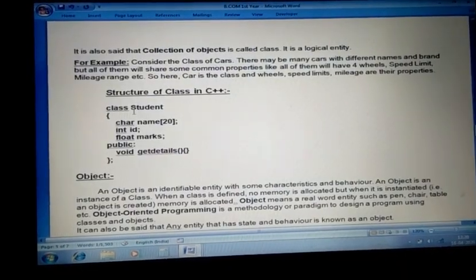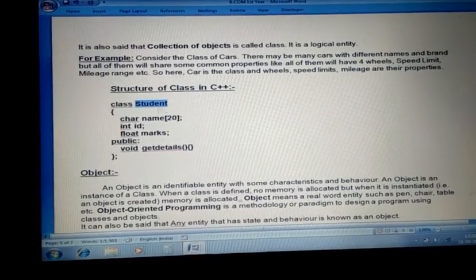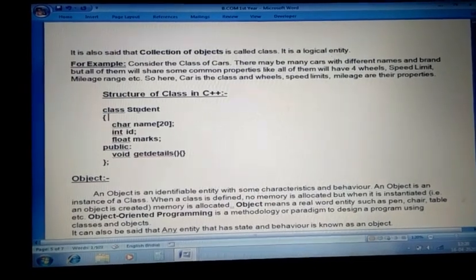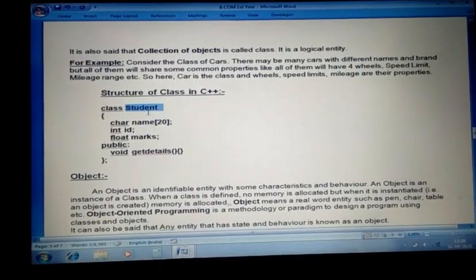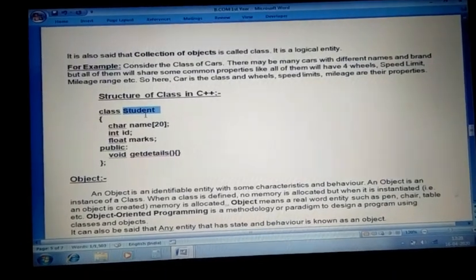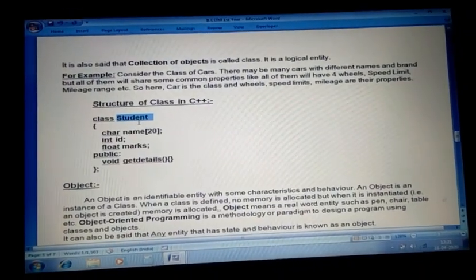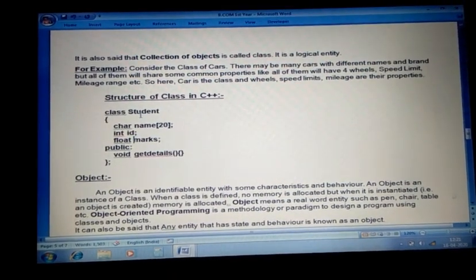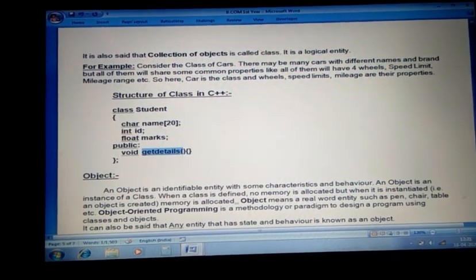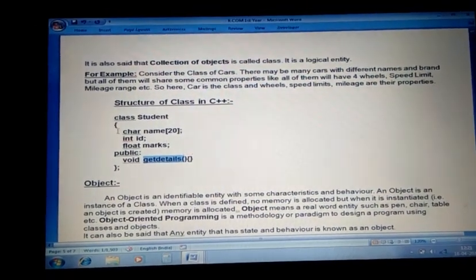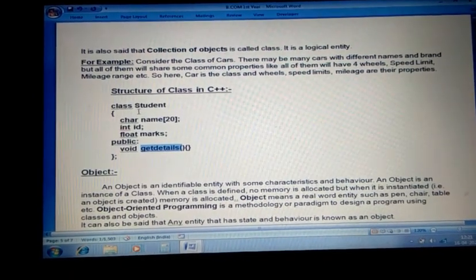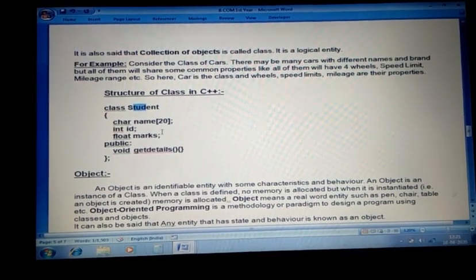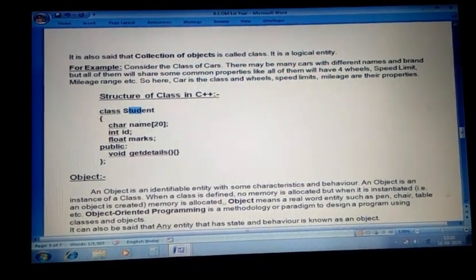Example, you can see here. I have created a class student. A class should always be created with the class keyword in small letters, and then you mention the class name. Here I have created student. Student has some properties and some functions. My properties are name, ID and marks. Three properties are there for one student, and the function is getDetails. All these properties and functions should be enclosed in a class. So for an object some properties will be there and some functions will be there. All together is called a class.